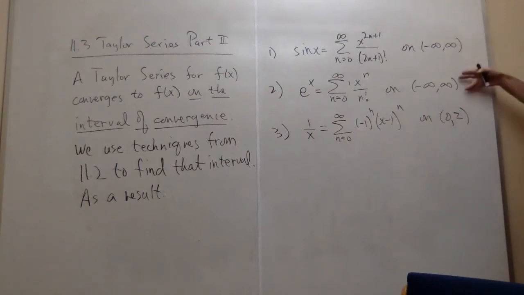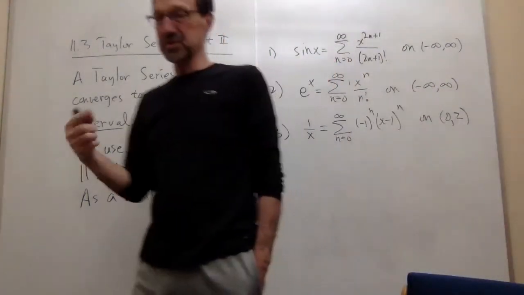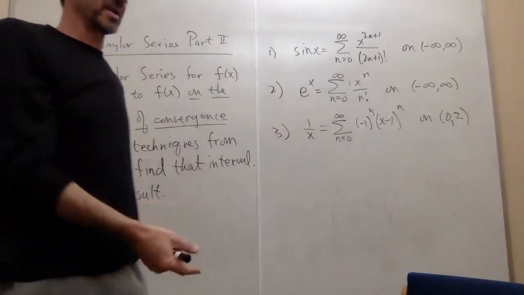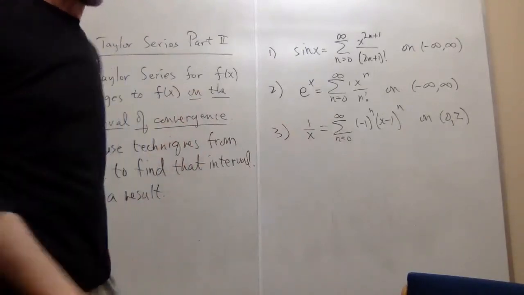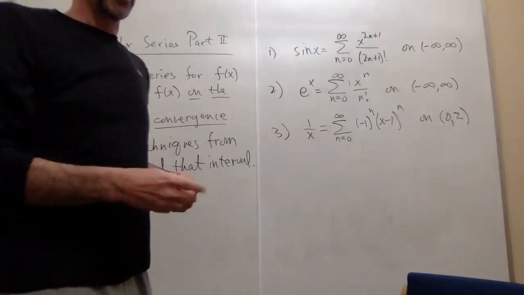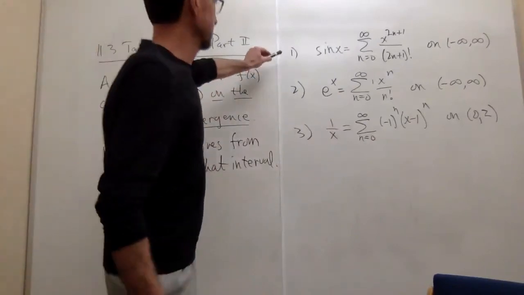Sometimes we luck out, it converges everywhere, and so we don't have to pay any attention. But sometimes it doesn't. And so once we find a Taylor series or Maclaurin series, we should immediately apply the ratio test to see where it converges, what is the radius and interval of convergence. All right, so I mentioned I want to do an example to illustrate, especially these top two, how